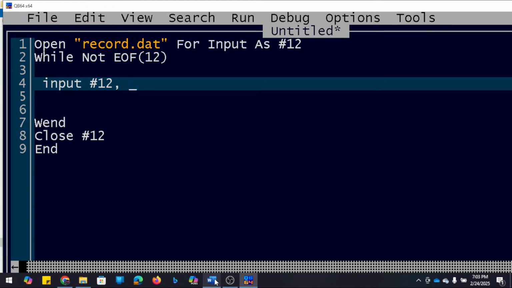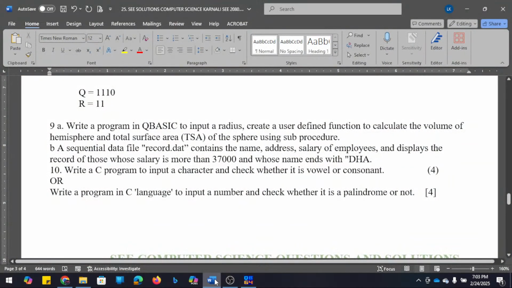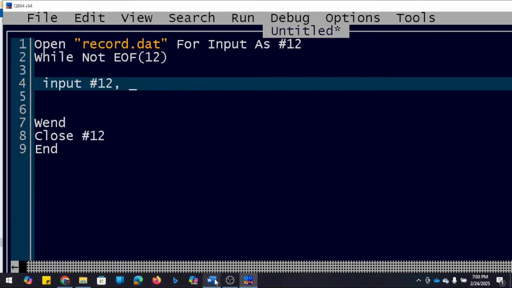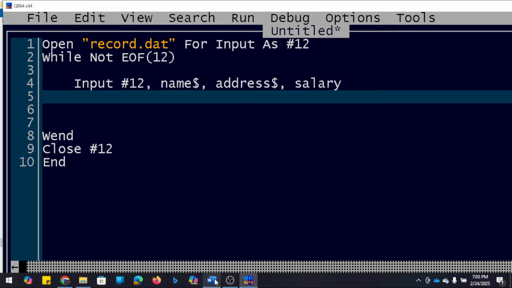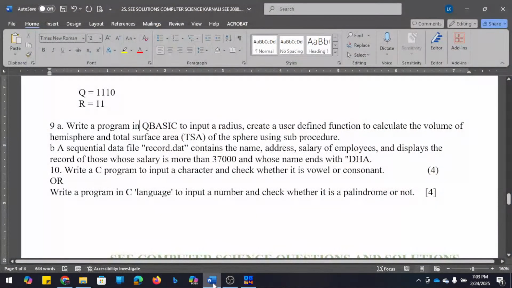What are the titles here? Name, address, and salary. If so, what are the conditions here? Whose salary is more than 37,000 and name ends with DHA.